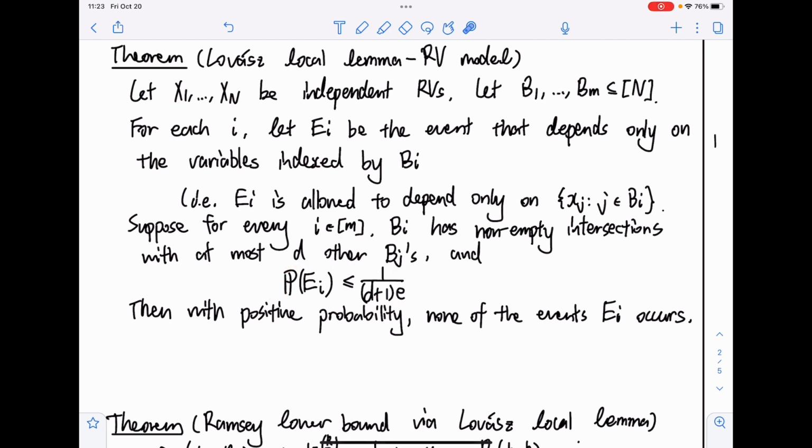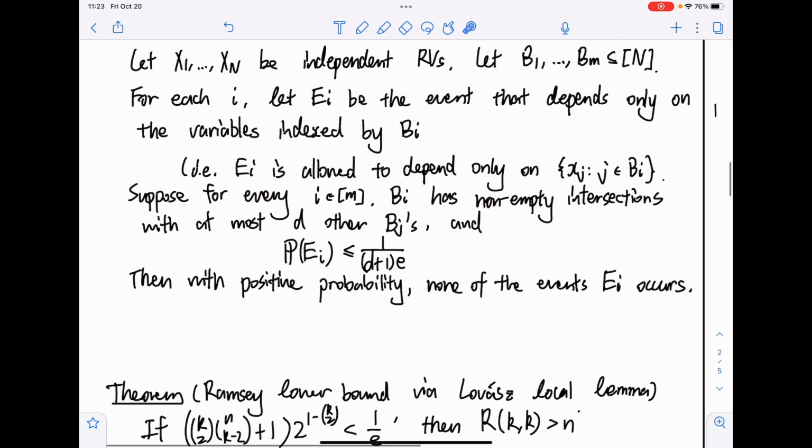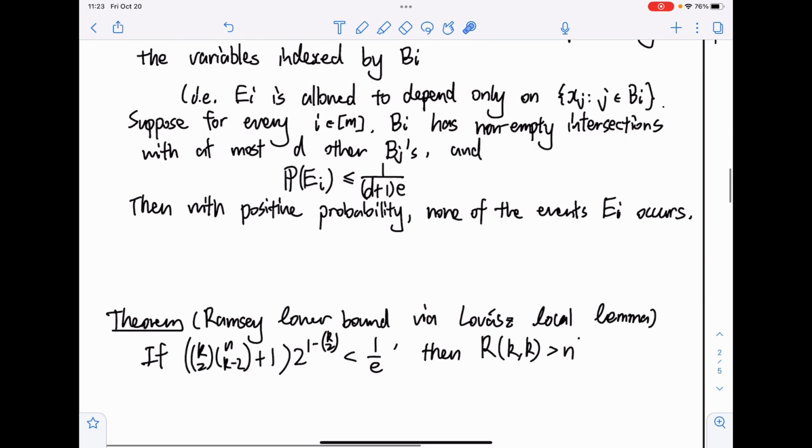The probability of each Ei happening is less than or equal to 1 over (d plus 1) times e. Then we can conclude that with positive probability, none of the events Ei occurs. Here, using the Lovász local lemma,